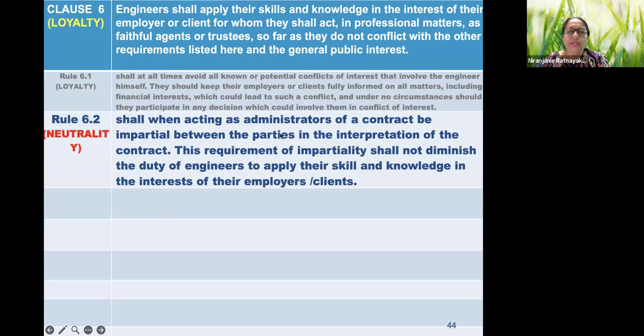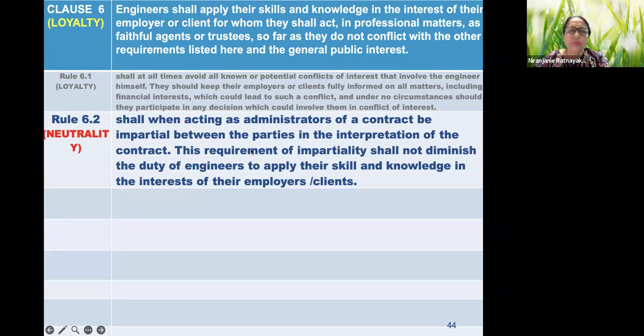6.2 is, shall when acting as administrators of a contract be impartial between the parties in the interpretation of the contract. This requirement of impartiality shall not diminish the duty of engineers to apply their skill and knowledge in the interest of their employers or clients. Right, so here again, you should not hide facts when you're dealing with